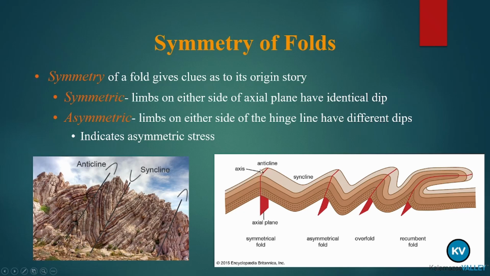So for this one with a perfectly straight up and down 90-degree axial plane, the principal direction of stress would be straight horizontal, because the direction of applied stress is perpendicular to the fold plane. So this would be straight left and right in this case for this kind of fold to be produced, whereas in this case,